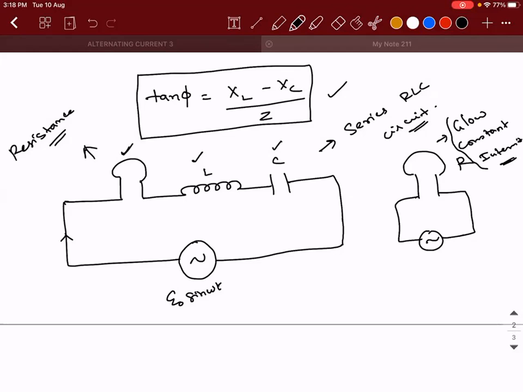Am I right? But assume there is a situation like this where the inductor and capacitor are variable. So what do I mean by variable? You have the provision to change the value of their reactances. Or you can change the value of their capacitance and inductance respectively. If you have this kind of a scenario, then what exactly can you do to this current? Is this value of current going to be a constant value? Guys, are you able to understand what I'm asking? Is this value of current going to be a constant value?